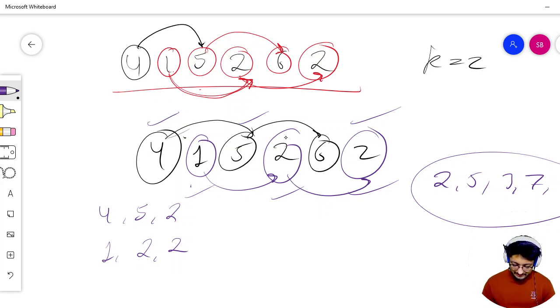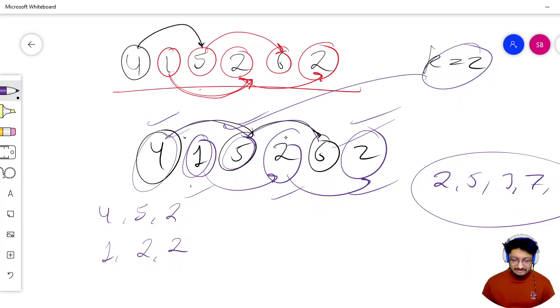So you're talking about this subarray, then this subarray, this subarray. So there are k subarrays because after k the cycle repeats. As you can see, after k this comes into the same cycle. So you just have to check for 2. If k is equal to 2, then you just have to check for 2 subarrays and find out the longest increasing subsequence in this subarray. And that's the whole problem.